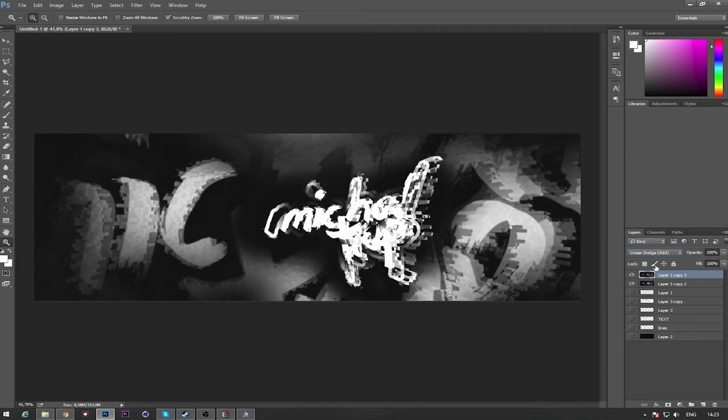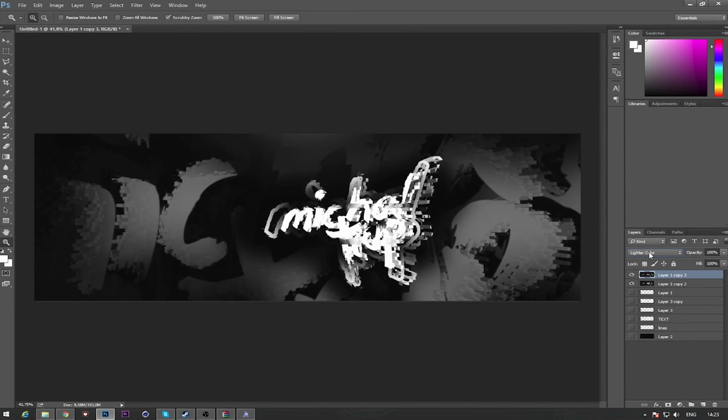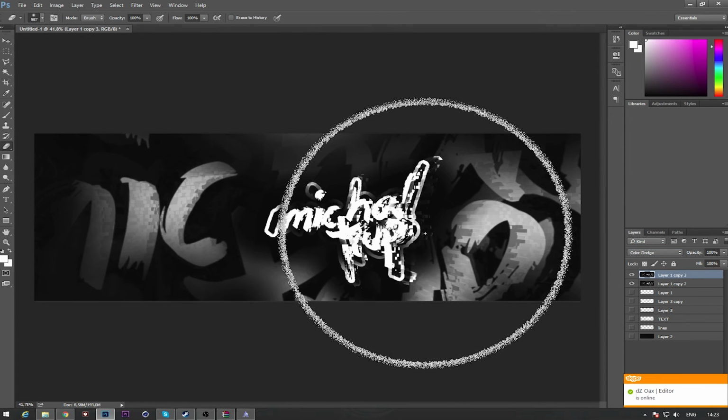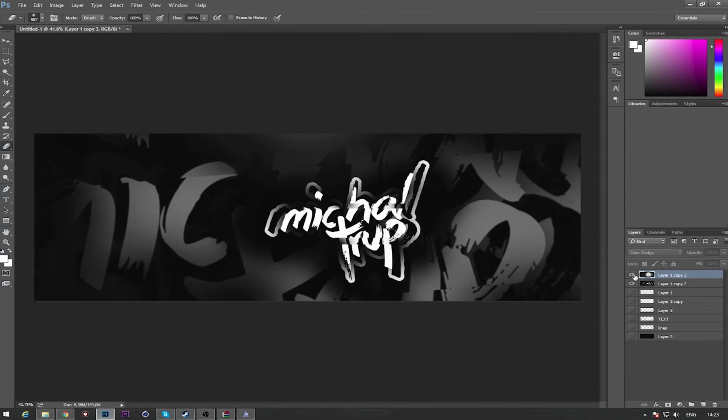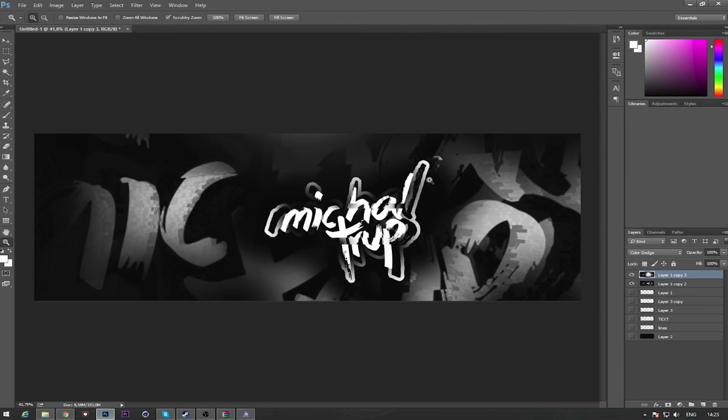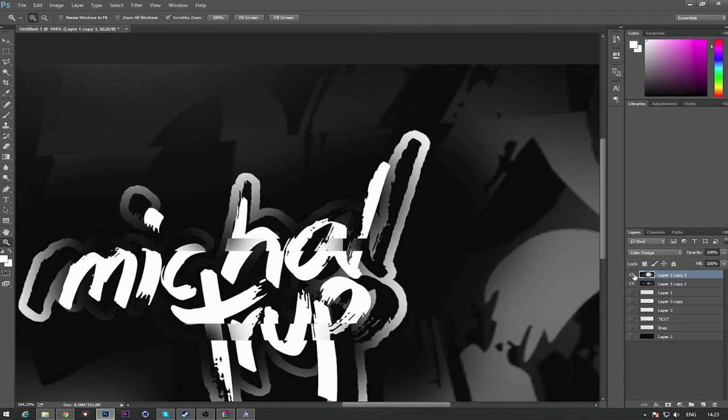I really can't decide here. I really like the way color dodge looks on the background, but I don't know about the foreground. But I think I'm just gonna erase, not the foreground, the text. I think I'm just gonna erase the text part. Maybe just keep a little, like you can tell right here, it still looks nice. It adds detail. So I'm just gonna erase some little parts,